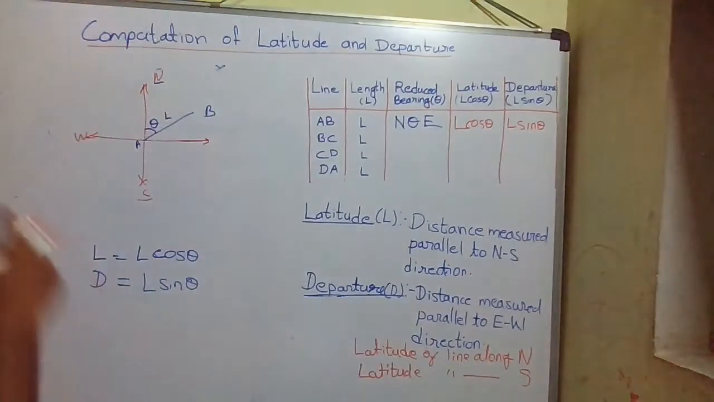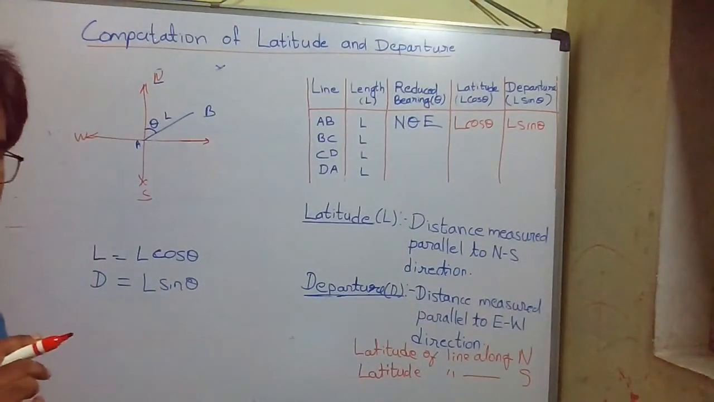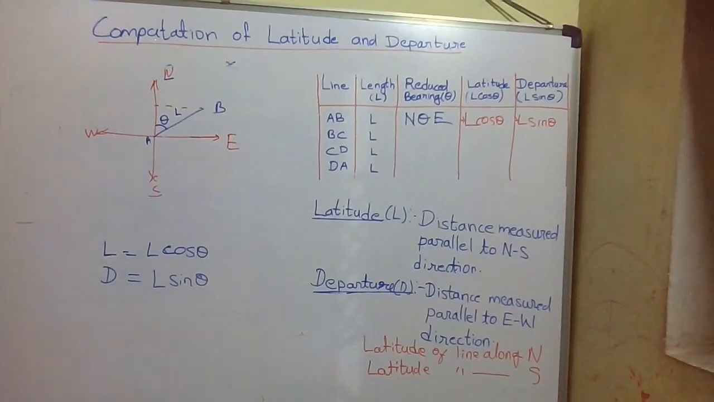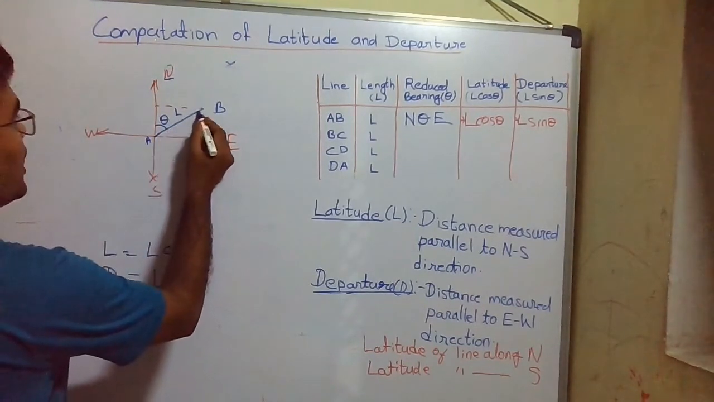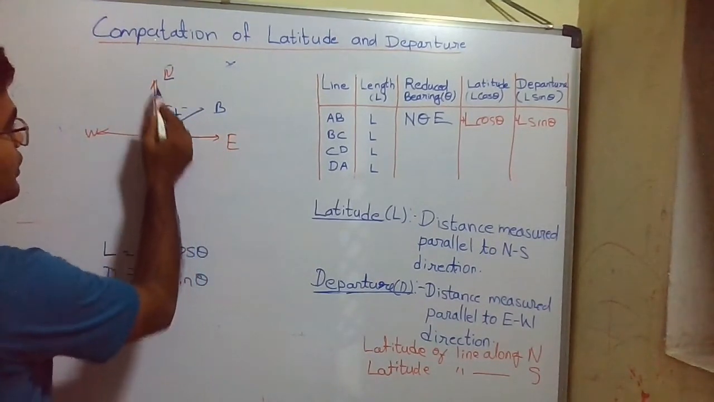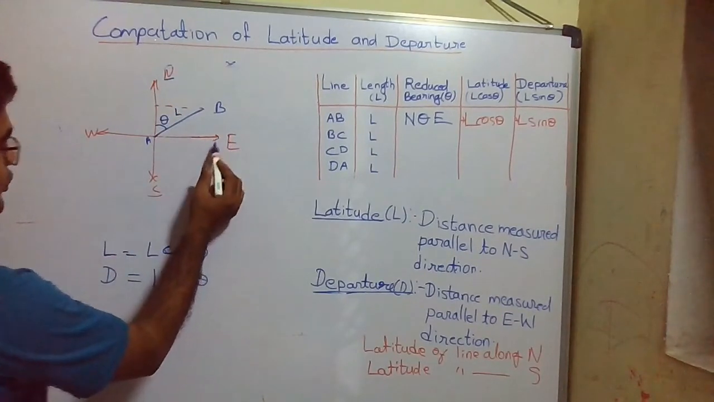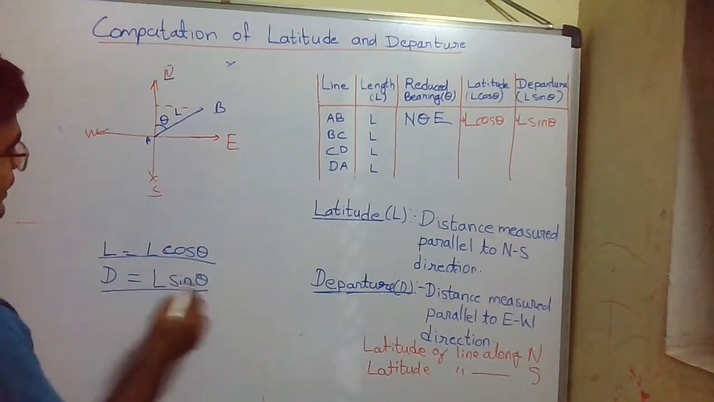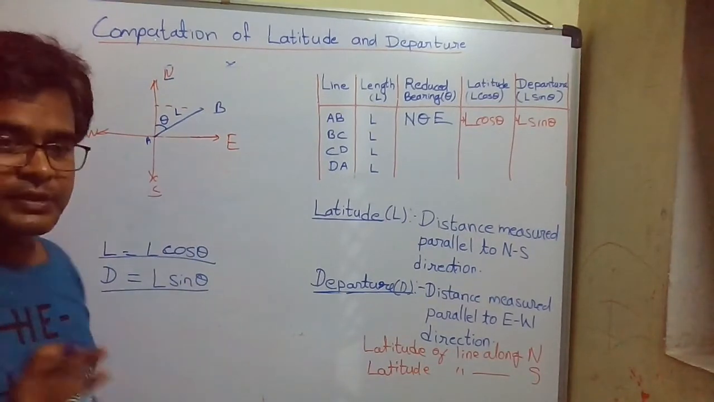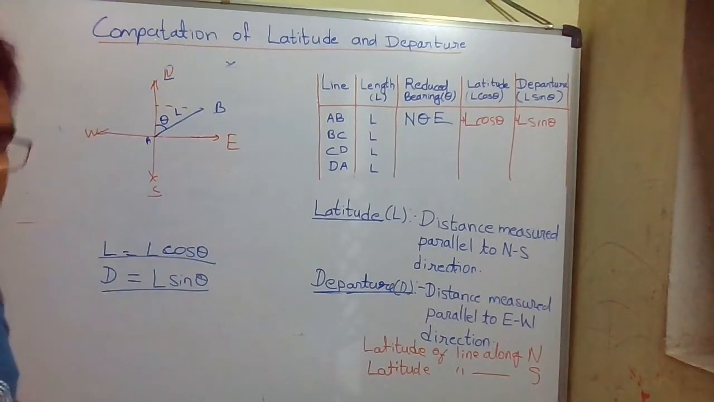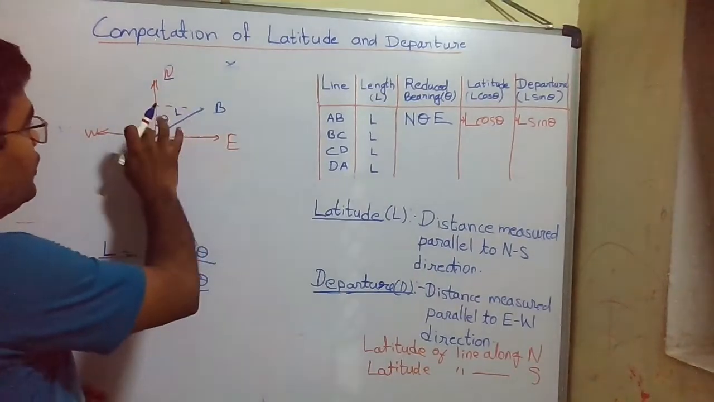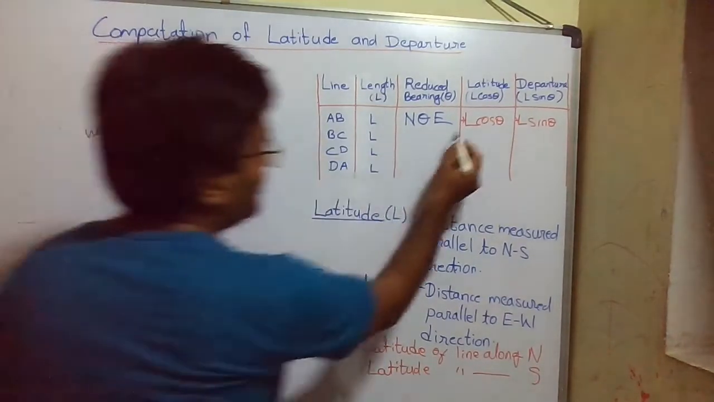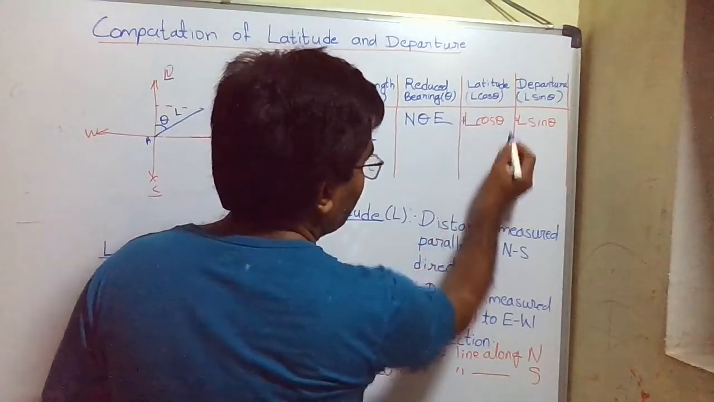Okay, but here what do we need? We need to give the sign. Here this is our line AB and it is in the northeast quadrant. So what is the latitude of this line? It will be L cos theta, and what is the departure? L sin theta. The difference is only in the sign. This is towards north, so our latitude will be positive, that is L cos theta,